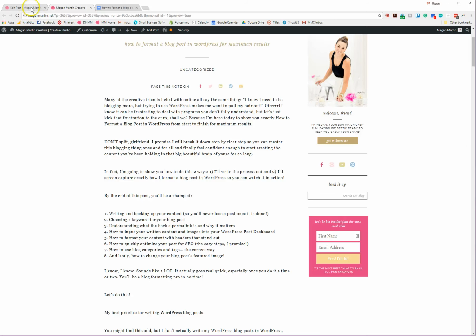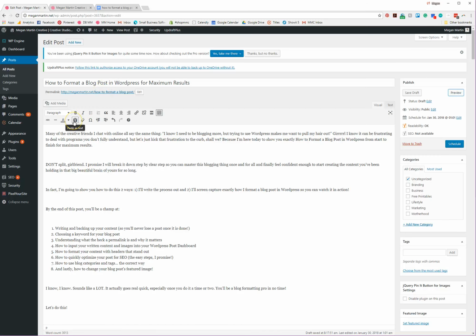So in order to deal with that problem, if you're using some program that the formatting is not carrying over correctly into WordPress, all you would do is before you pasted all your content, you would hit this button right here. It looks like a clipboard with a T, and this is your paste as text tool. Basically what this does is it's going to remove any formatting that you're about to put into your WordPress from any program, and then you would hit Control V or paste or however you want to do it if you're a Mac user, and then it would just input the text that you're about to paste in without any formatting coming from